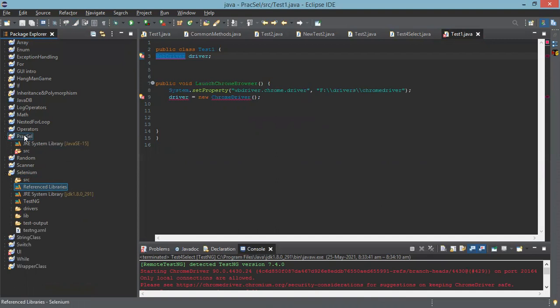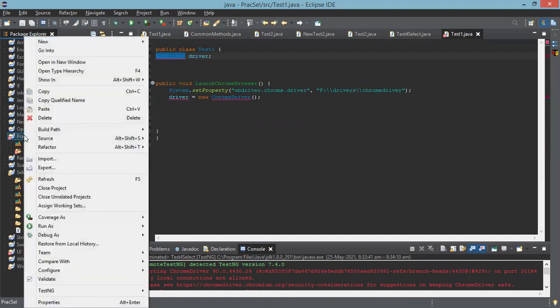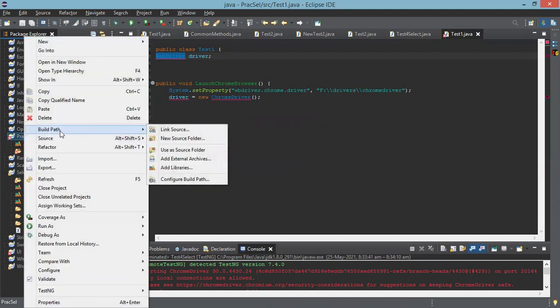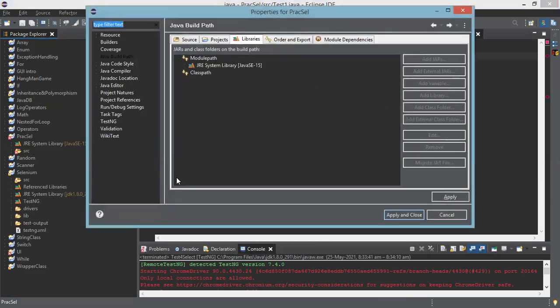Right click on the project, build path, configure build path. In that, go to the libraries tab and add them. Add external jars in the module path. Don't select JRE.